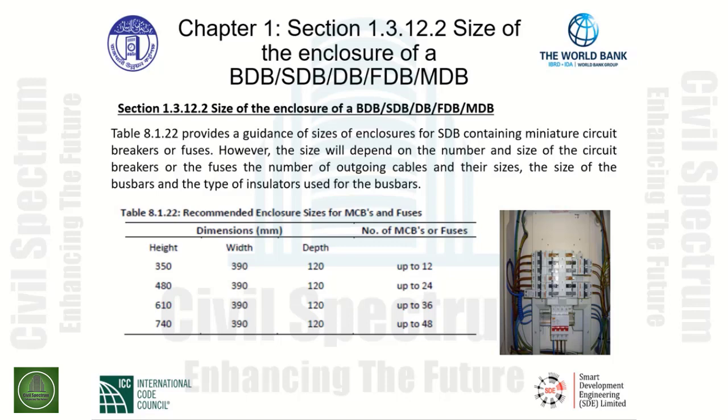Table 8.1.22 is titled Recommended Enclosure Size for MCBs and Fuses. We can see in the dimensions given in millimeters, there is a height, width, and depth according to the enclosure. The very last column of the table indicates the number of MCBs or fuses permitted to be